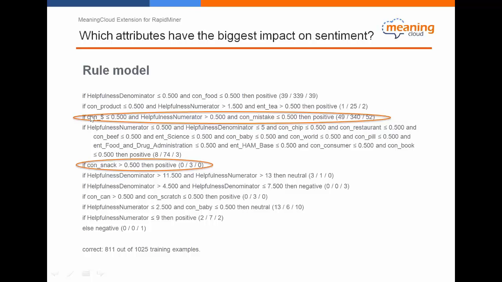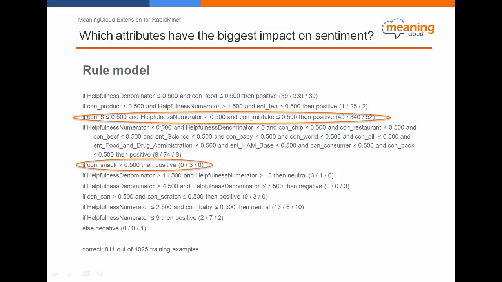Or for example, in this other case, if the concept money does not appear and the helpfulness numerator is 1 or bigger, and the concept mistake does not appear, the predicted sentiment is positive, because among all those comments that fulfill this condition in my training set, the huge majority, 340 of them, have a true positive sentiment.